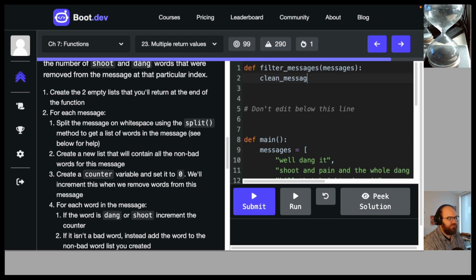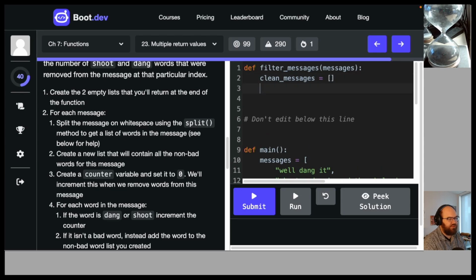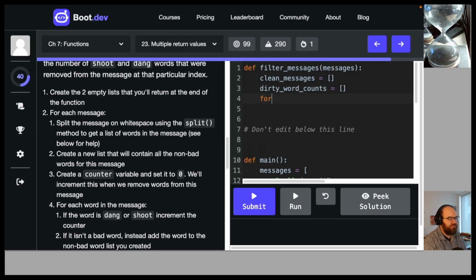Clean messages equals empty list, and create 2 empty lists that you'll return at the end of the function. Clean messages is that, and the number of dirty word counts. Call it that. Sometimes naming things is the hardest thing in programming. For each message, so I'm thinking for loop, for message in messages,